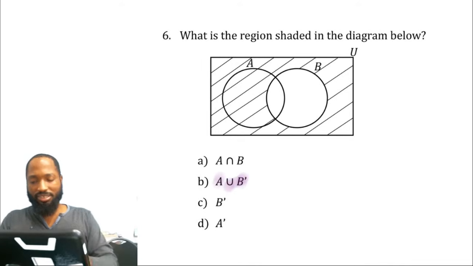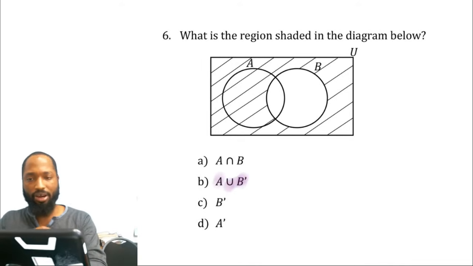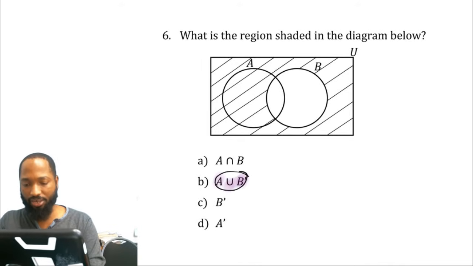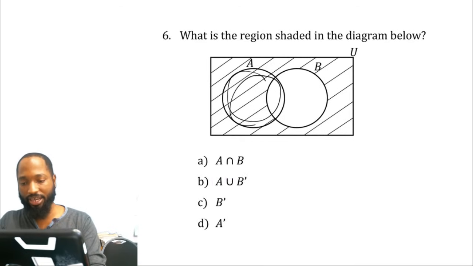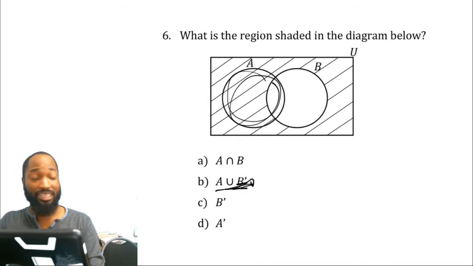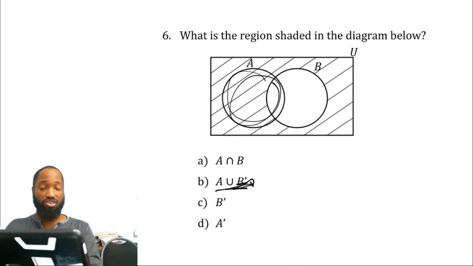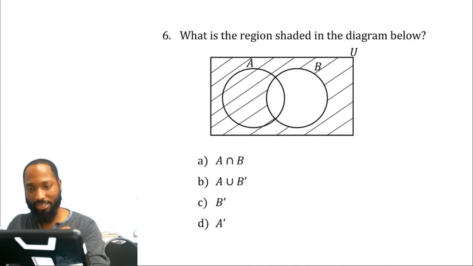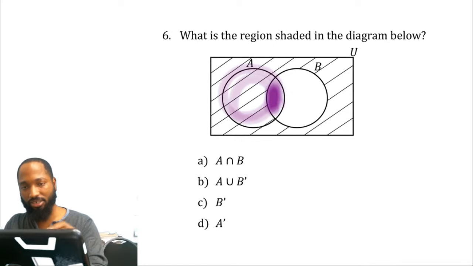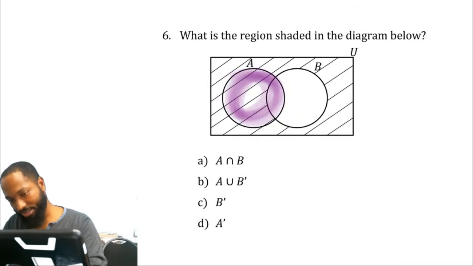Because this here would also be correct, because if you say A union everything outside of B, that means everything in A. Oh no, this is wrong. This is wrong as it is right now, because I have this little piece here. Sorry, I didn't watch that well. Let me watch it critically. A